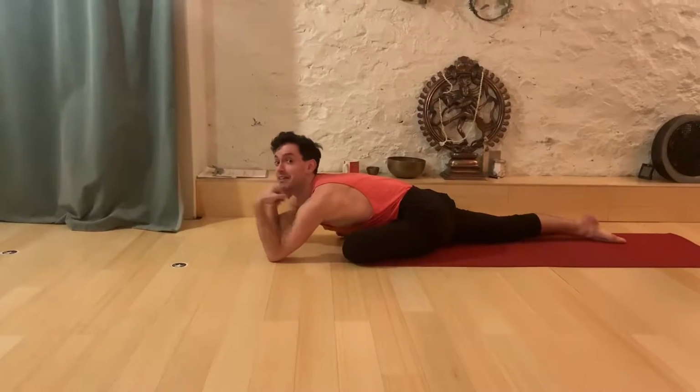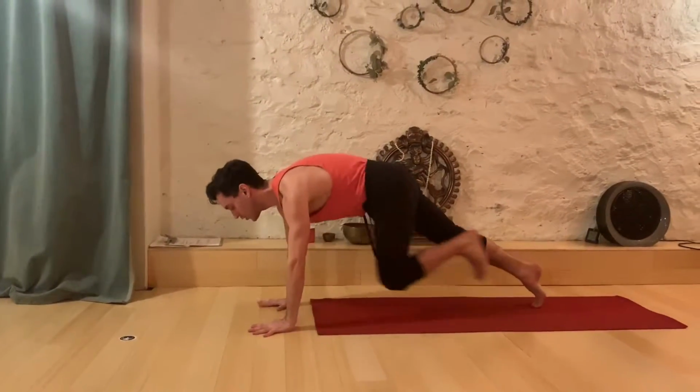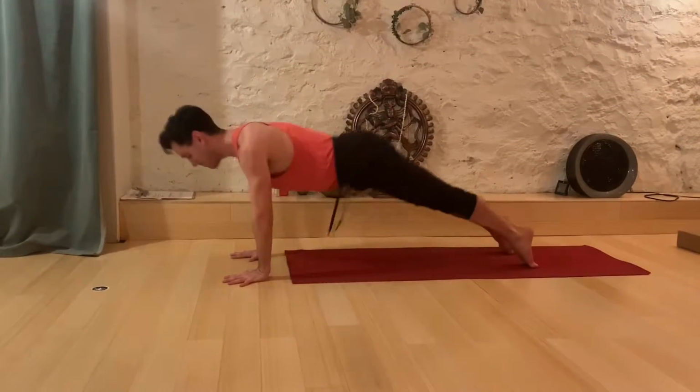And then from here you can breathe and breathe and breathe and breathe. And when you're done, you can step yourself out, travel on through a flow, and end up right back where you started